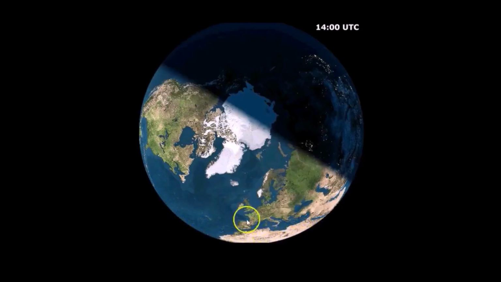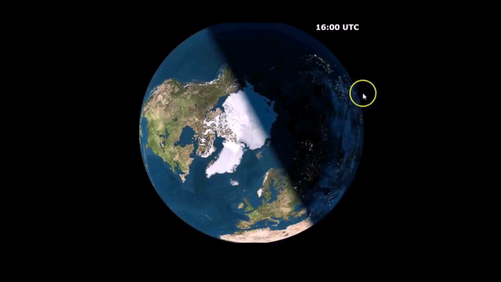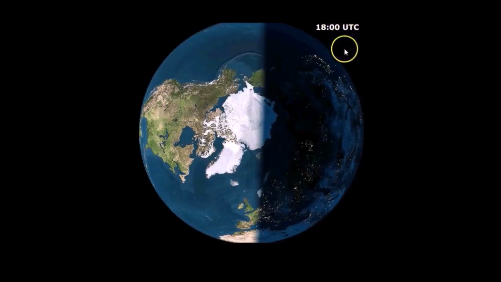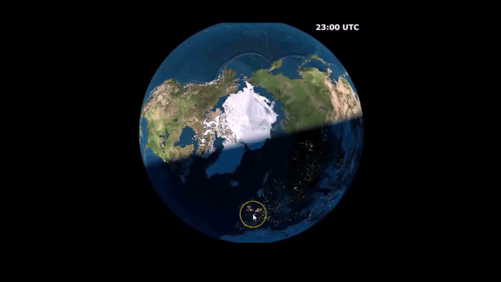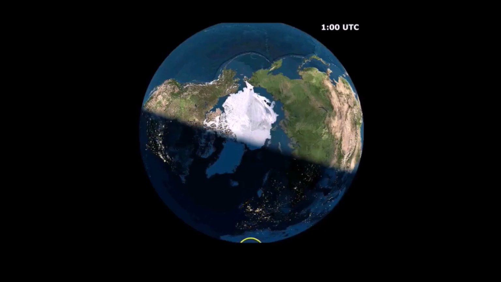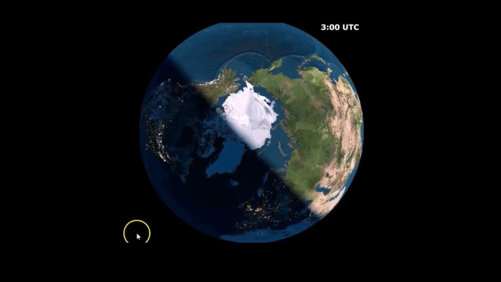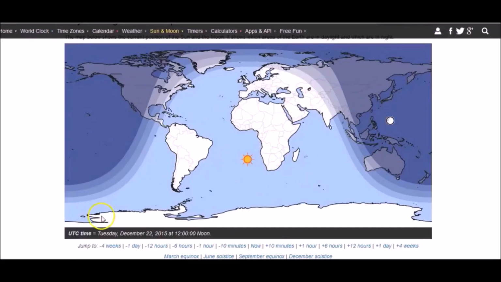This is Africa right here. And at 12 p.m. Universal Time, the sun will line up with Africa. It always lines up with Africa at 12 p.m. Universal Time. To prove this, we can go to timeanddate.com and go to 12 noon Universal Time any day of